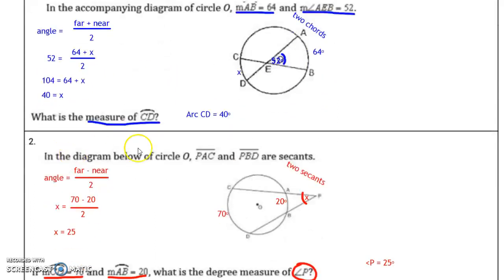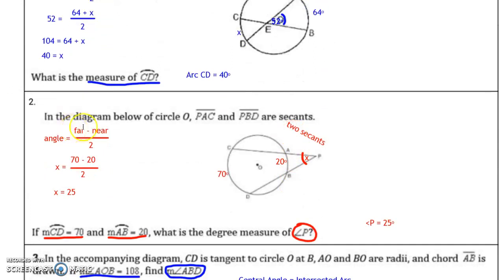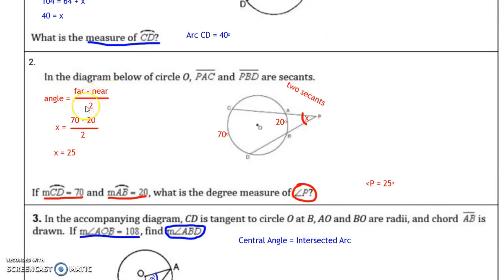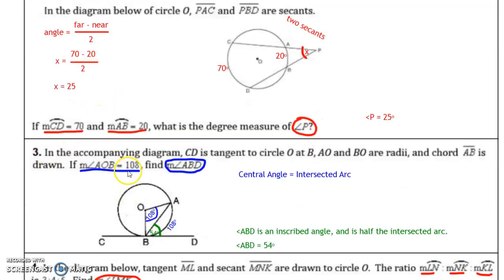Over here we have 2 secants, which is far minus near over 2, so 2 chords, far plus near, 2 secants, far minus near. We solve it out the same exact way. For number 3,